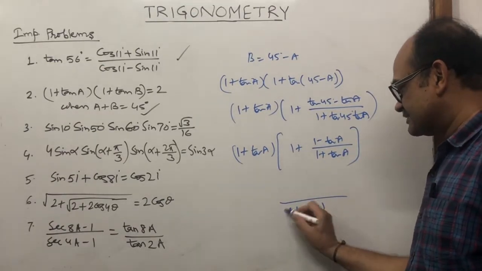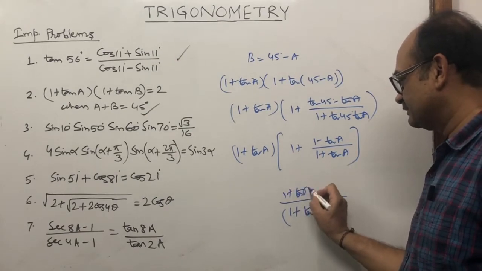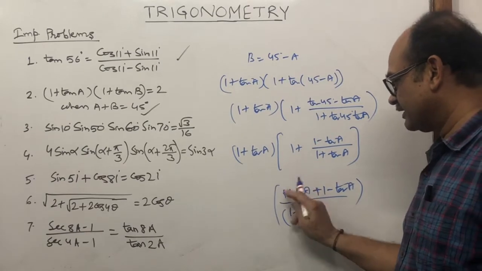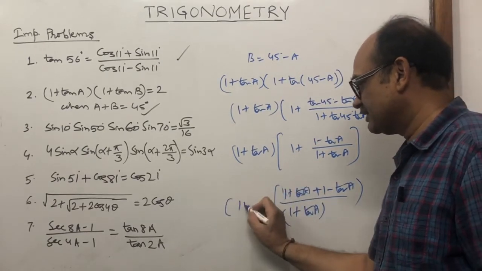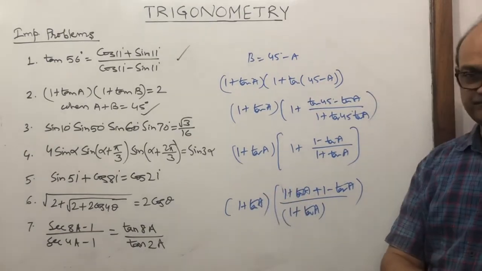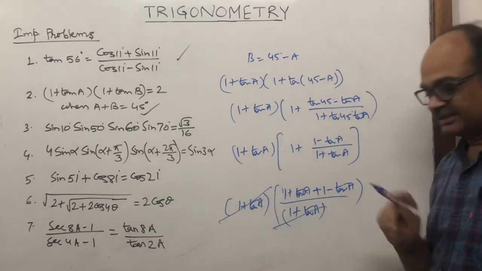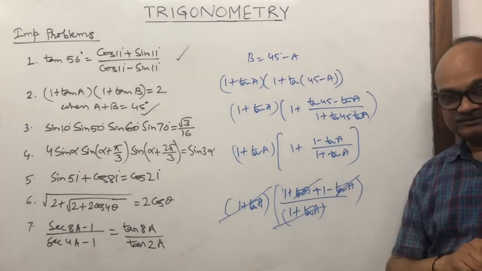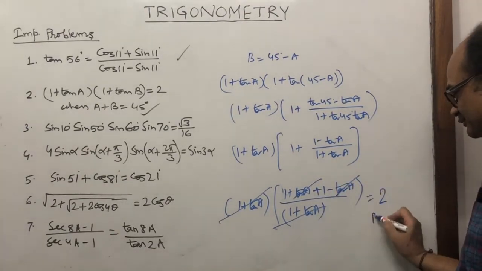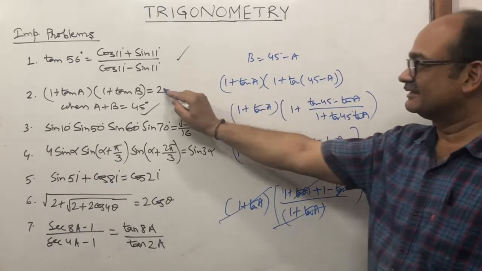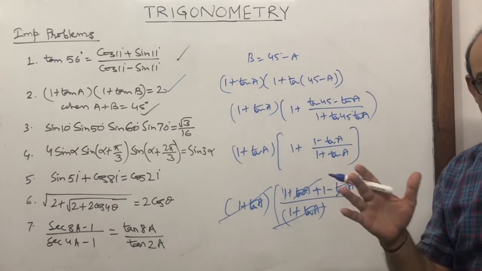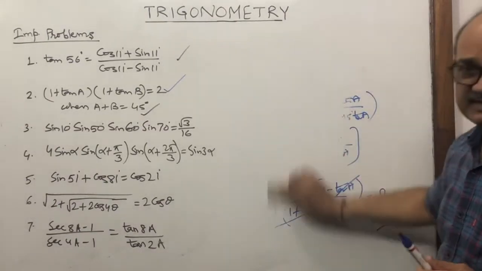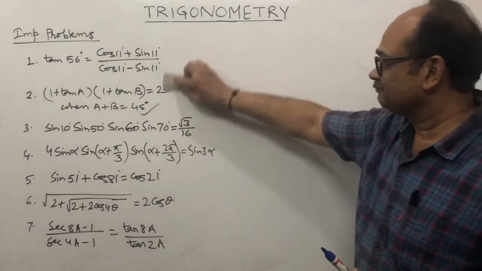Very simple. If you take LCM, what are we getting? 1 plus tan a LCM. So here it is 1 plus tan a plus 1 minus tan a, bracket close, and here it is 1 plus tan a multiplication. 1 plus tan a and 1 plus tan a cancel out. Plus tan a and minus tan a cancel out. What are we getting? 1 plus 1, 2. That is RHS. Hence proof. Easy? Very good. ट्रिक कहाँ से स्टार्ट करना है, दैट्स द इम्पोर्टेंट है ना, वहीं से ध्यान रखना है।